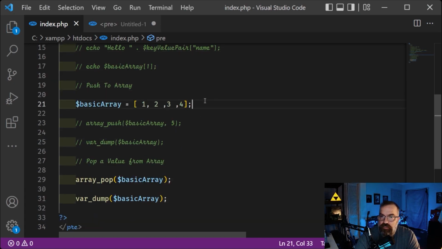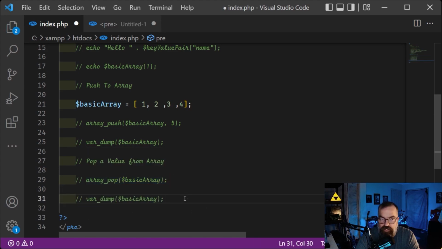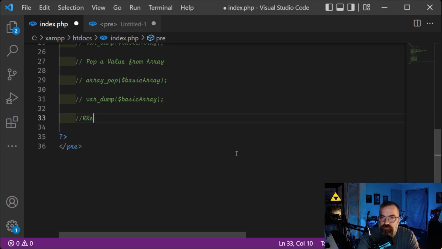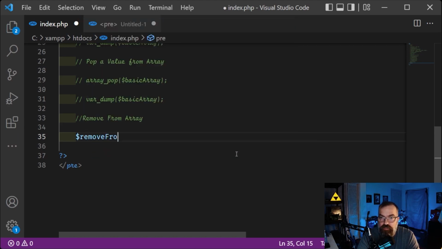All right. And if we move on to the next, we will learn how to remove from an array. Let's comment this one out as well, and let's go with remove from array. Say we have a variable called remove from array, and we set that to Link,